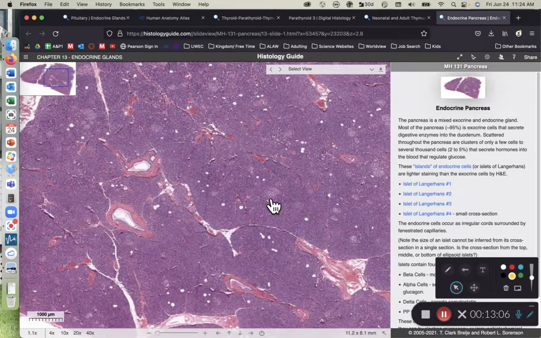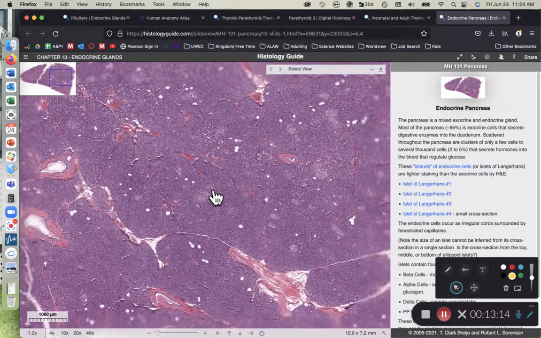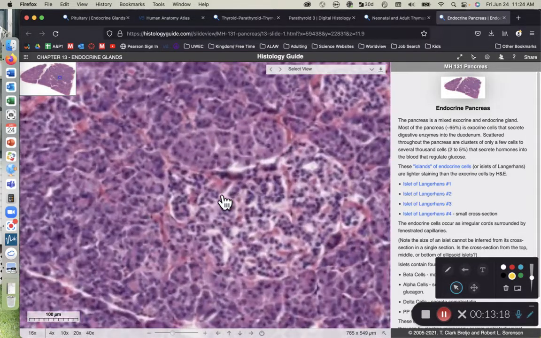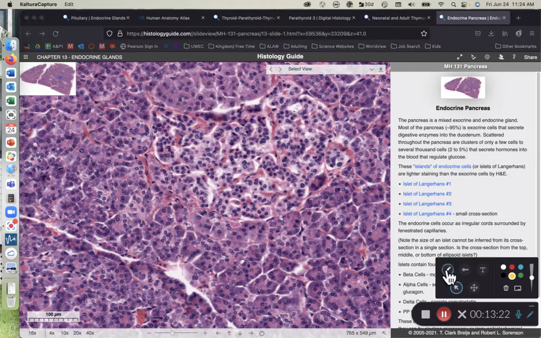We can see how right here at the tip of my mouse there's a light purple region surrounded by dark purple. And if we just keep zooming in on that light purple region, you can see how there's a different morphology to the cells. The cells within this region make up a pancreatic islet. And while we're looking at these cells, not only are they lightly pigmented, but they're also going to be in